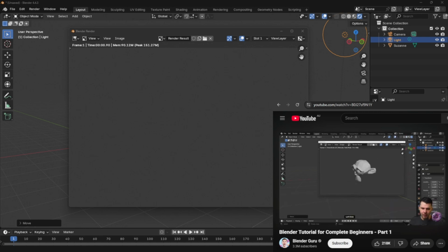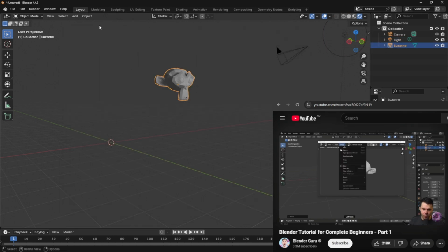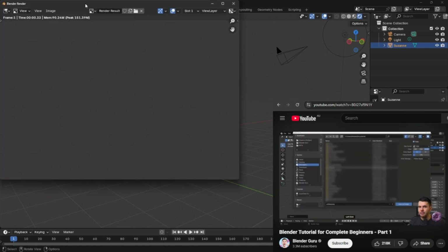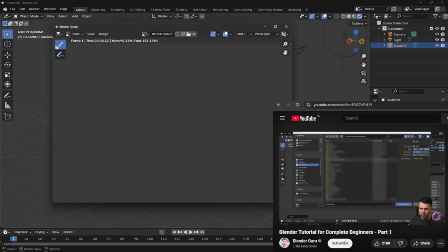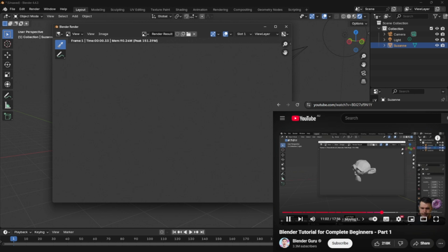a little window will pop up. It will use your CPU or GPU, depending on which renderer you've got active, and it will render out a pretty image. And from here, you could go image and then save as, and that'll save it as a PNG or whatever, wherever you want to save it. But you might notice looking at this that this is actually a